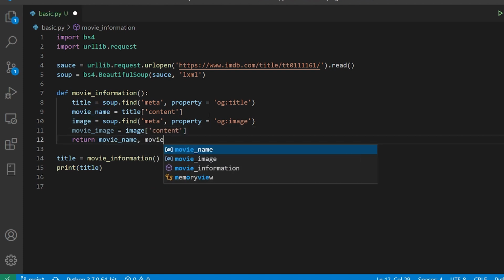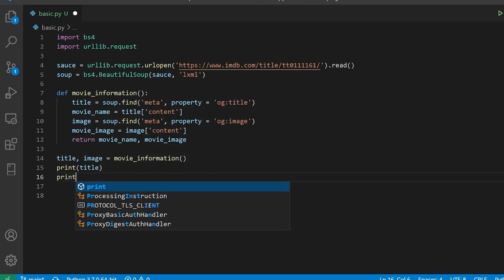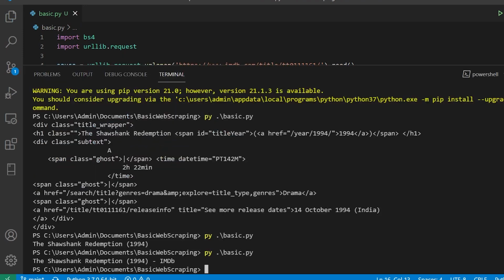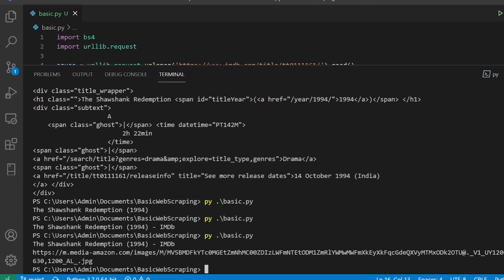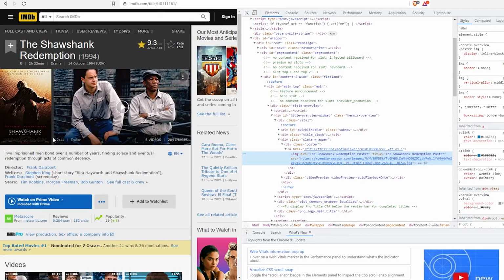All right, and now I can call the movie image, and here also I have to call one more variable, otherwise it will run out of the positional argument errors, and I'm going to print image. So this is going to be the link of the image, and I have it. Okay, whenever I click on the link, I'll get the image opened, and you can scrape many more things in this. So one more thing that I would like to take is the genre of the movie.